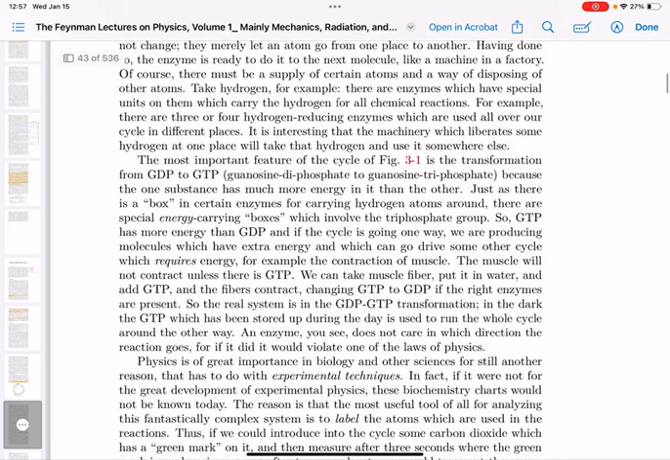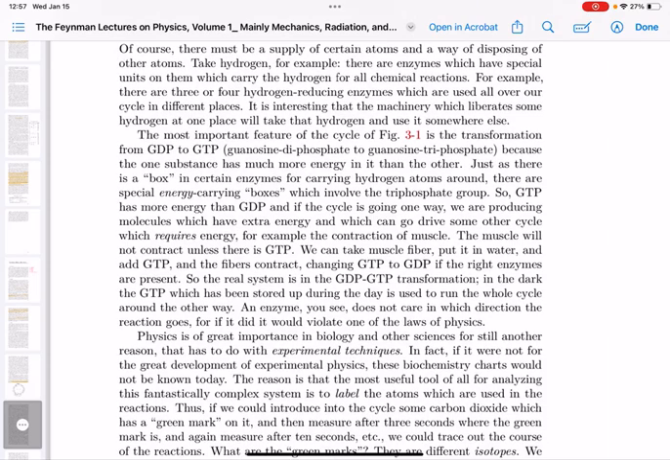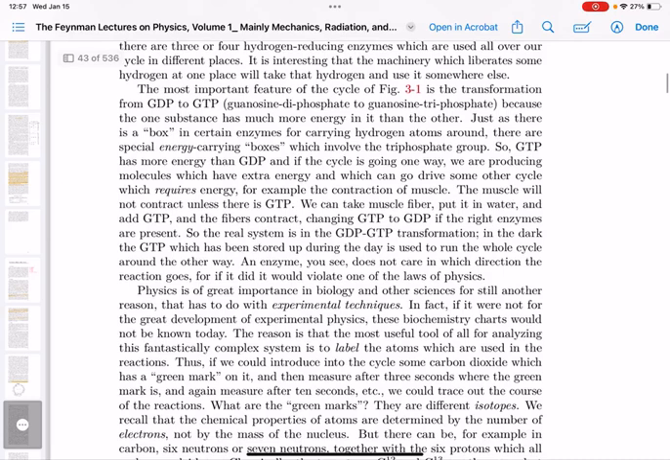Take hydrogen, for example. There are enzymes which have special units on them which carry the hydrogen for all chemical reactions. For example, there are three or four hydrogen-carrying enzymes which are used all over our cycle in different places. It is interesting that the machinery which liberates some hydrogen at one place will take that hydrogen and use it somewhere else. The most important feature of the cycle of figure 3:1 is the transformation from GDP to GTP,